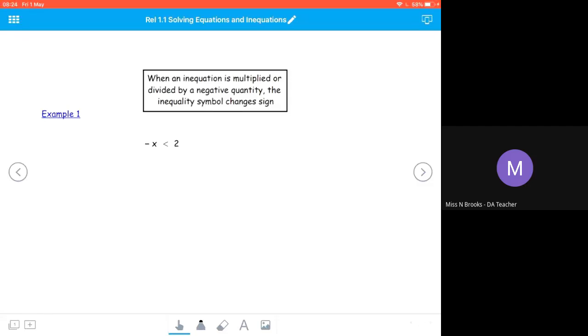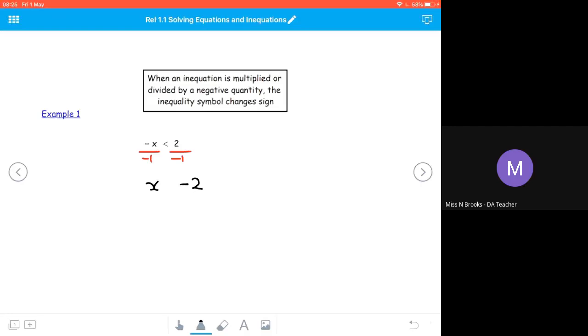We've got negative x is less than 2. Now we want to have a positive x in our solution, so we've got negative x. So we're going to have to divide both sides by negative 1. Now, negative x divided by negative 1 is going to give me the positive x term that I require, and 2 divided by negative 1 is going to give me negative 2. Now, if I was to put the less than sign in there, and leave it the same way round as it is in the original question,